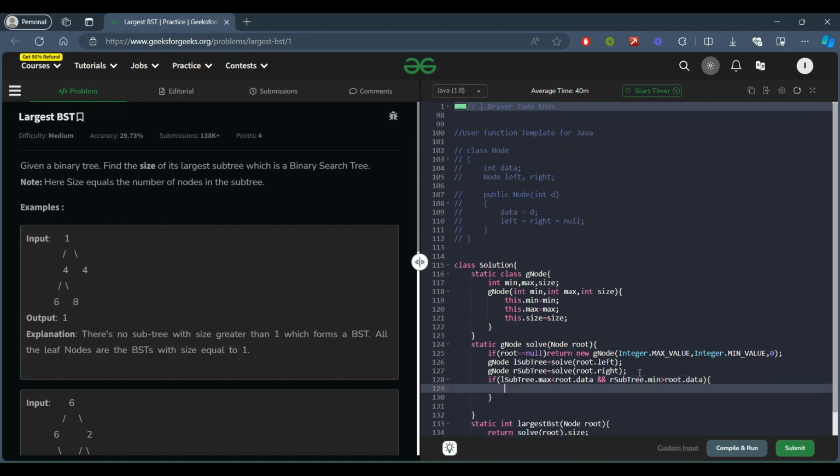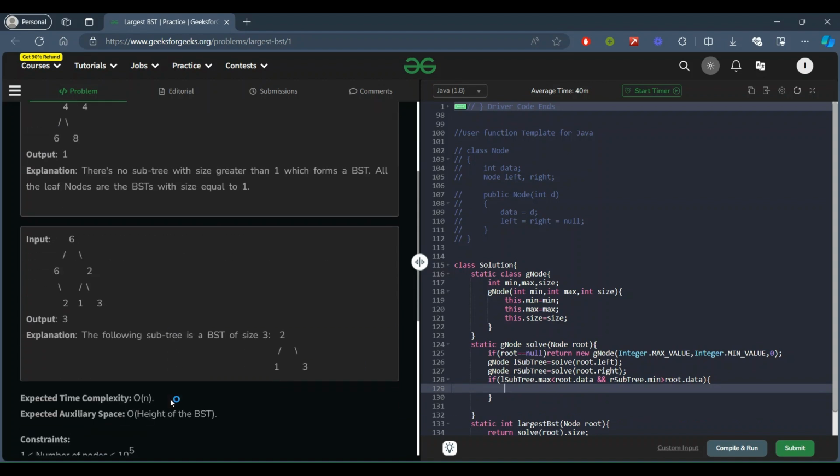Why is it so? Let's understand this with this example, where the 2 from here is forming a BST. So let's understand this true scenario.